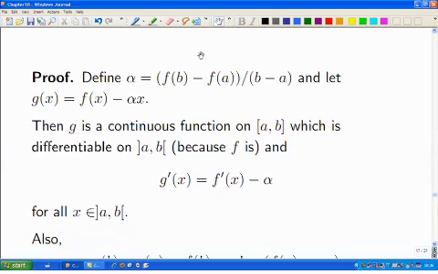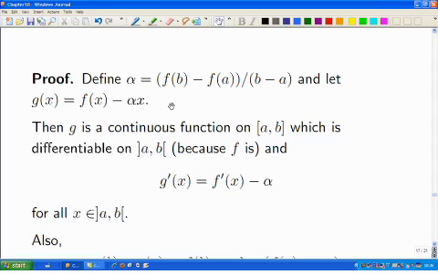So first of all, we define the gradient we're looking for. This is alpha. That's the gradient of that straight line chord that I showed you. And now we define g of x equals f of x minus alpha x. And I claim that now g is just as nice as f ever was. It's still continuous because alpha is just a constant. Notice that alpha is a constant here on the interval. So when we differentiate it, it's not going to do very much. Alpha times x